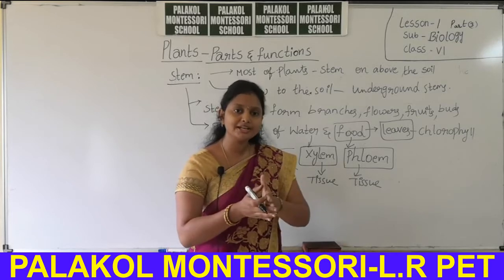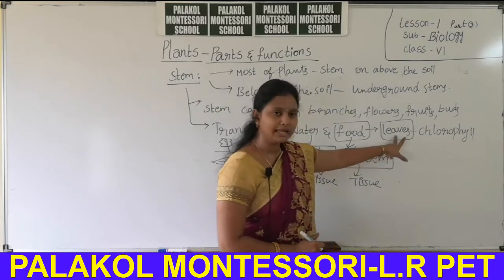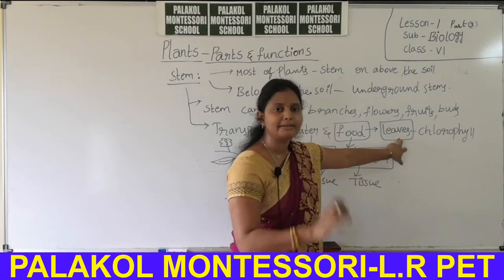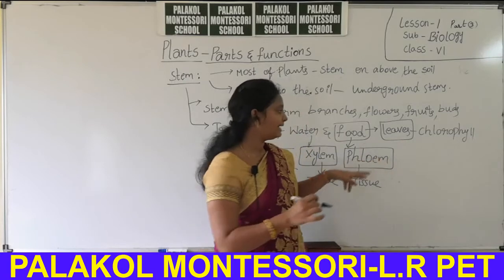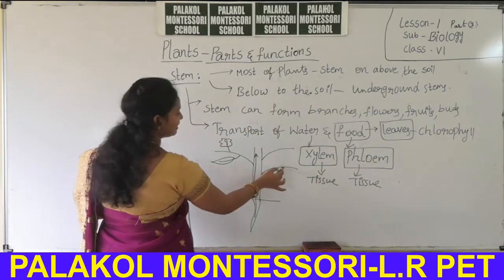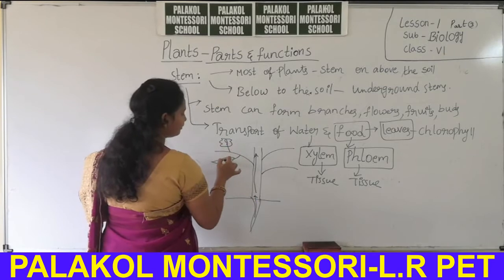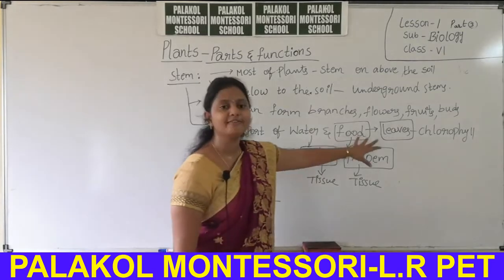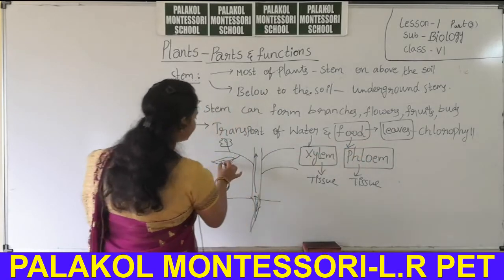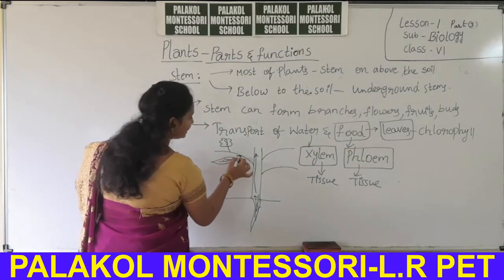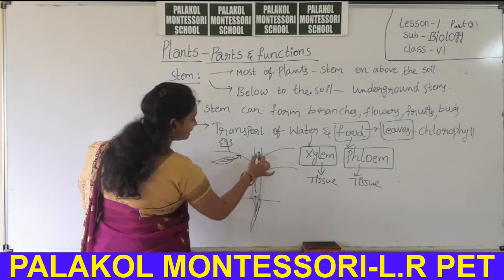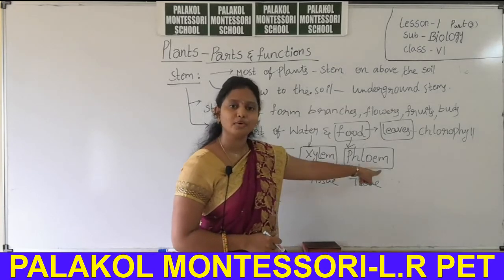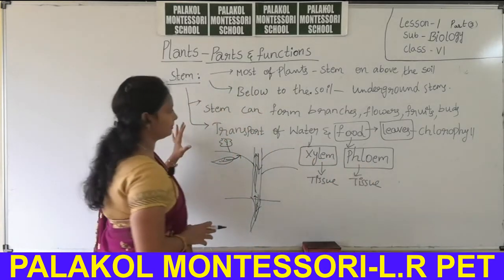Food is stored in which region? Leaves. So, from the leaf region, the tissue phloem in the plant stem is connected to each and every branch, each and every fruit, flower and roots also. Roots also want to grow by taking food. From the leaf region, the food is transported again to all the parts of the plant body through which tissue? That is phloem. Okay, this is about stem.